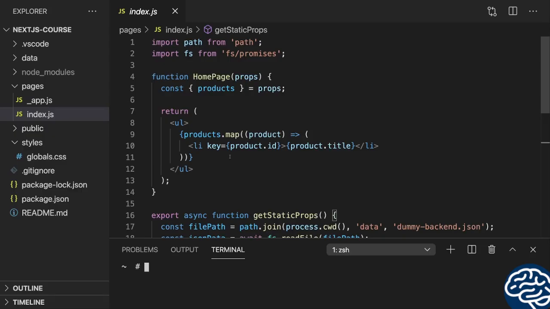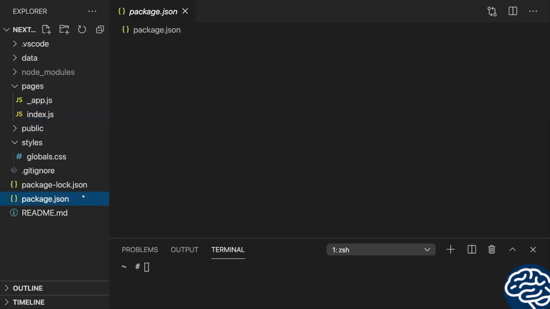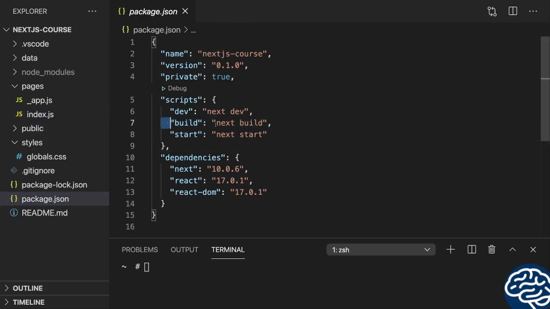Now, up to this point, I explained a lot about pre-rendering and how Next.js does that. But we haven't really seen it in action other than on the running website in development mode. But I do want to show you what exactly Next.js does for you when you build the application. Now, I did mention this build script before. This build script is a script you execute when you're ready to deploy your Next.js project. And this next build command, which is executed in the end, will then pre-generate your